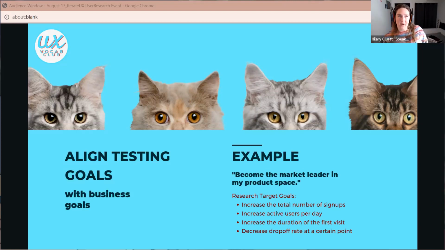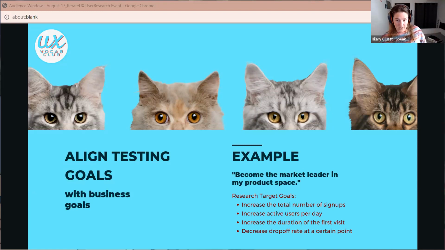So anytime you go to a coffee meet and greet with another UX person and ask, oh, what are some of the methods that you really like to use? They will always say, it depends. It depends on this. It depends on that. Depends on the goal. Depends on the stage.